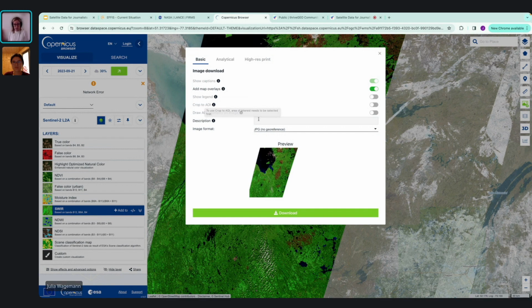You can also give it a description, and then download it as either JPEG or PNG. So this is the option to get information on your current map view and also the data you selected.